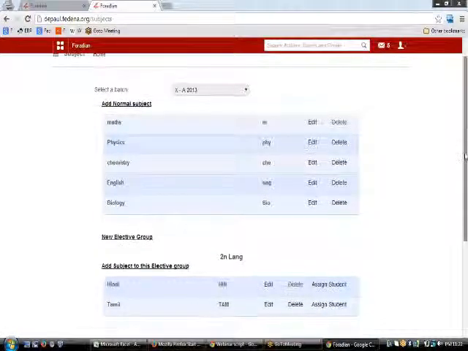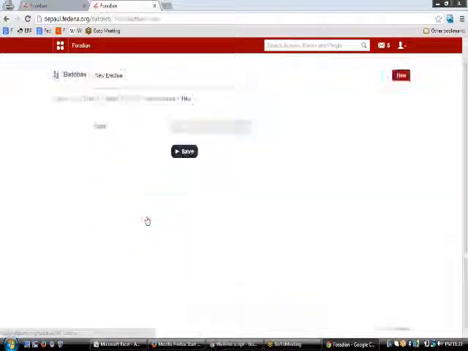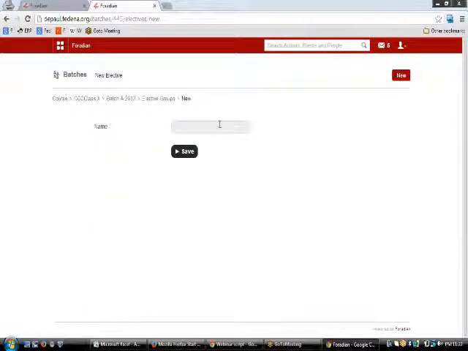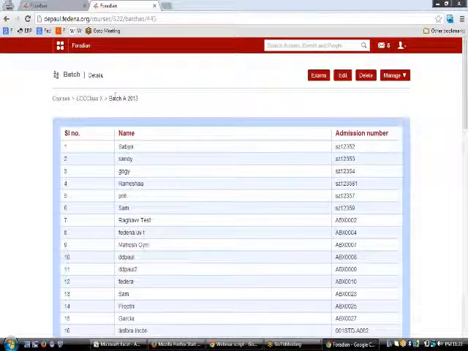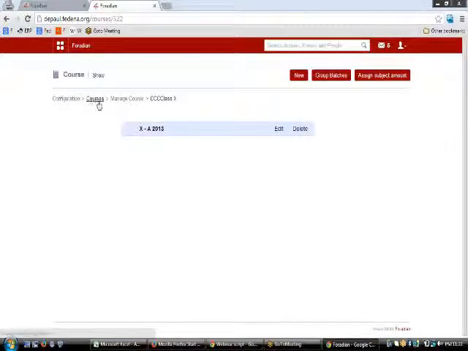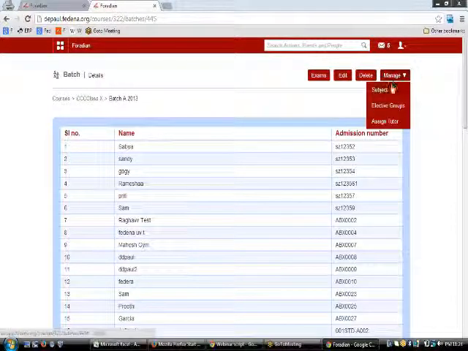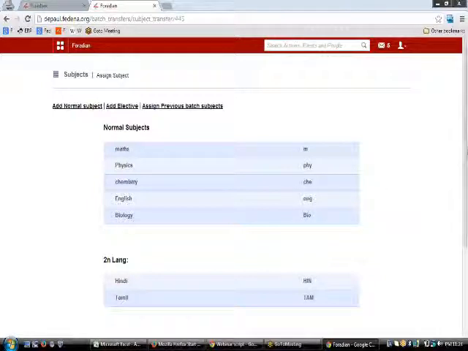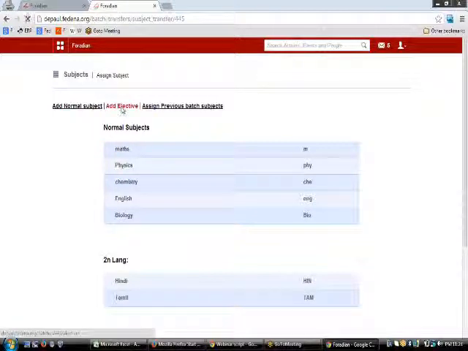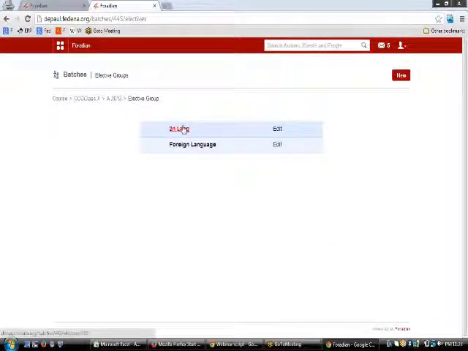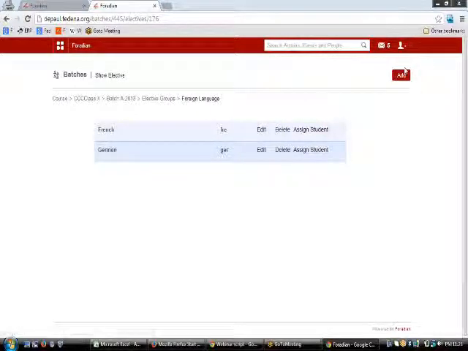But if you want to create a new elective group and you want to stuff subjects into it, you need to type the name of the elective group here. Once it's typed up here, it will be available in the manage subject link, or the link that we have set here. Moreover, if you want to add some more elective subjects or some more subjects into a particular elective group, you can click upon this and use this add button to keep on adding more and more subjects into it.